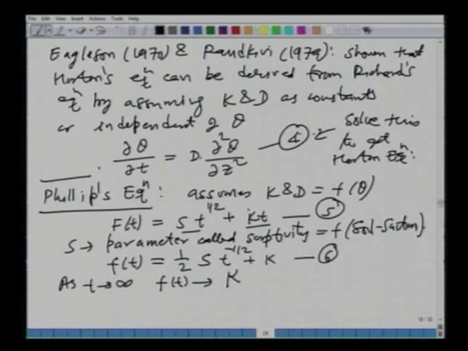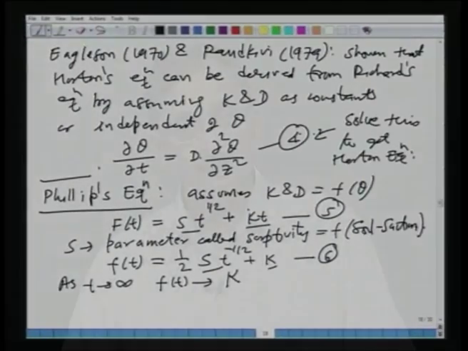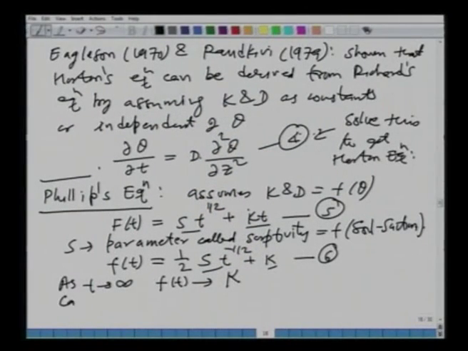So, the Phillips equation is a very nice equation because it accounts for the suction forces as well as the gravity forces. Initially suction forces are higher, so the first component will dominate and later on the second component will. One important aspect of the Phillips equation is that it can be used for horizontal flow or infiltration, in which you account for only the suction forces.